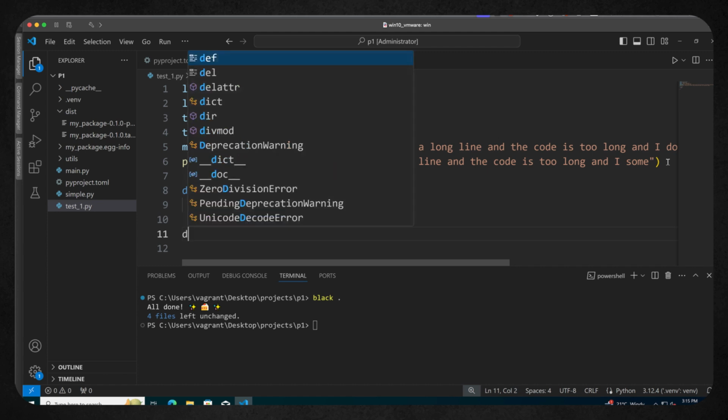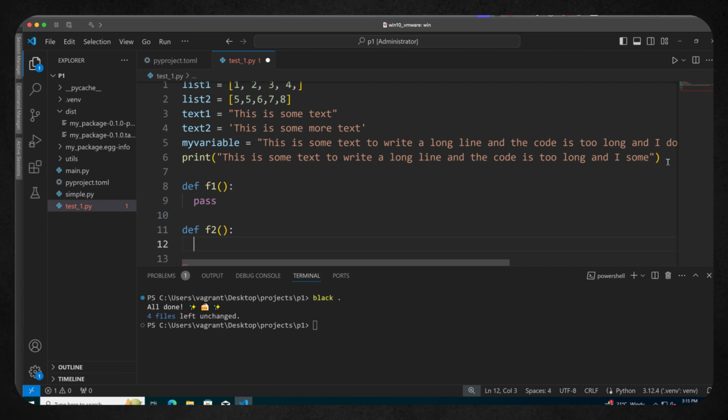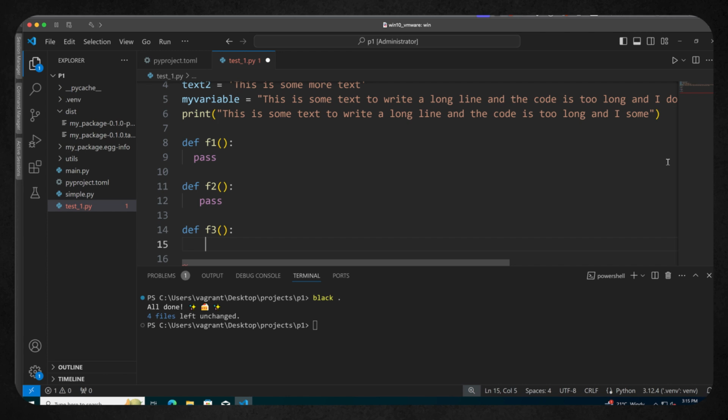And then we can define function 2. It's gone to the same 2 spaces, but this time I'll put 3 spaces, and we'll put pass. And then we can have, let's say, def function 3. And we'll put, say, 7 odd spaces in there, and then pass.